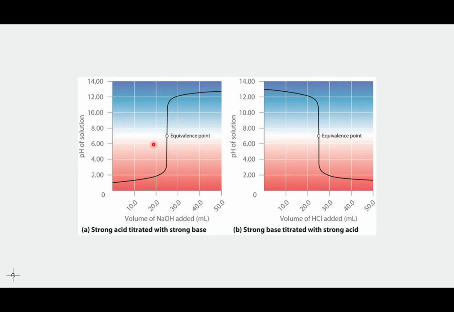okay? So when we're adding a strong base to a strong acid, it's going to move from a very low pH into a very high pH. When we're adding a strong acid now to a strong base, the strong base is going to start out really basic, and then we're going to have some amount of slow change. So there's not going to be any drastic changes in pH,